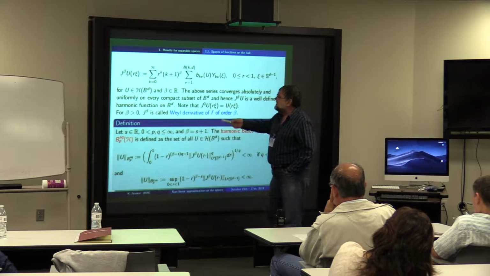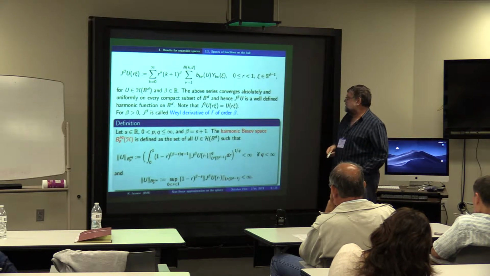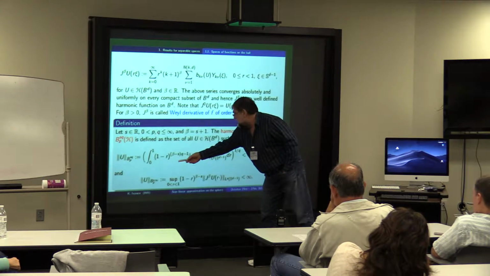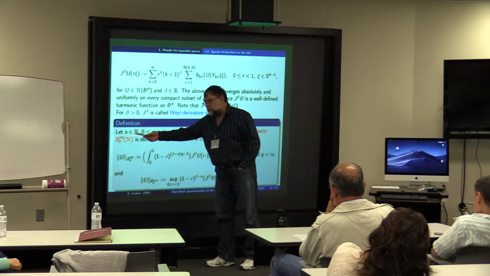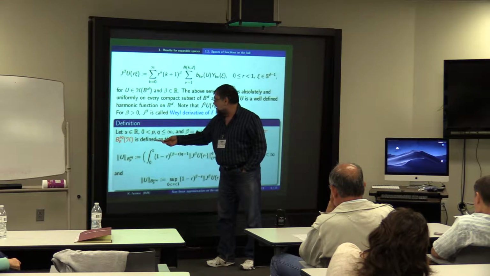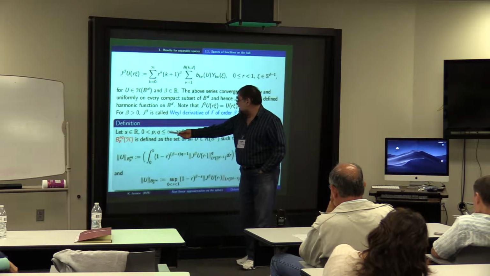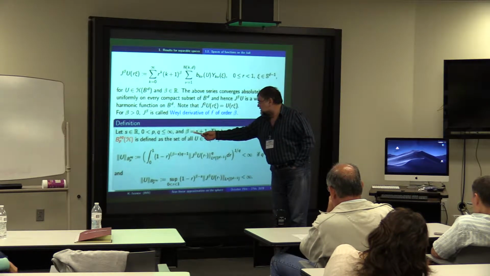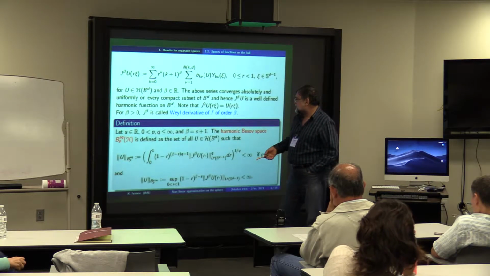Having defined the derivatives and integrals altogether with this beta, we have the definition of harmonic Bessel space written in this manner here. Given parameter S, which is going to be for smoothness always, the main parameter, the smoothness parameter, and two parameters P and Q between 0 and infinity, including infinity. And let's put beta equal to S plus 1. This is the standard thing, harmonic Bessel space.